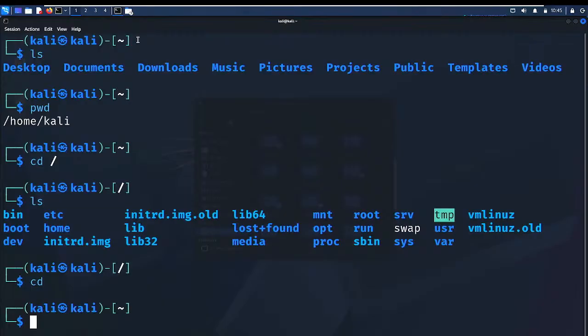Then nano is a text editor, like you have Notepad on your Windows system. On Linux, you have nano. So if I want to create an empty file now, I use touch.